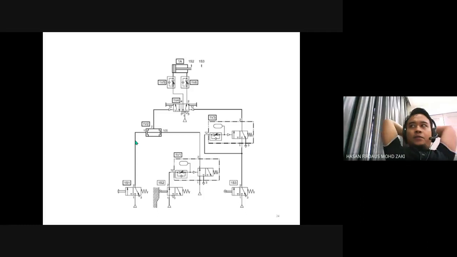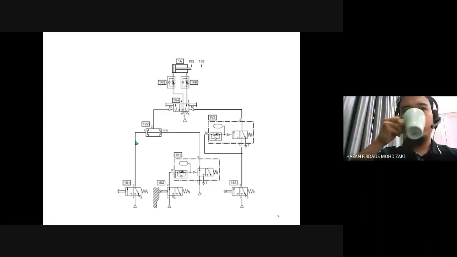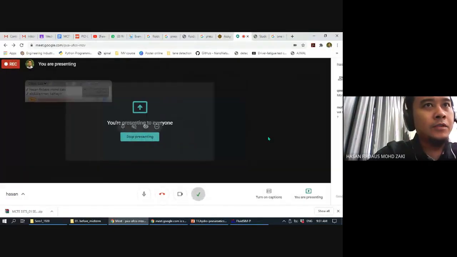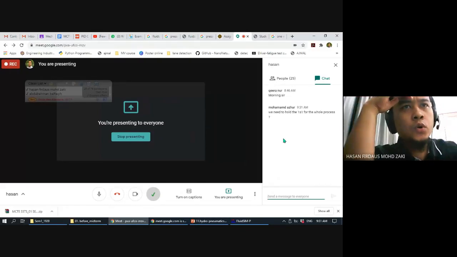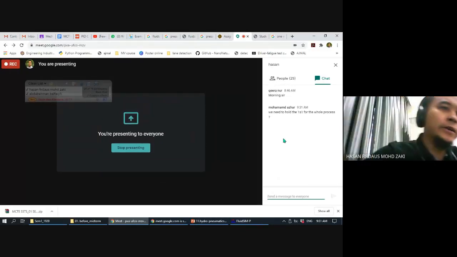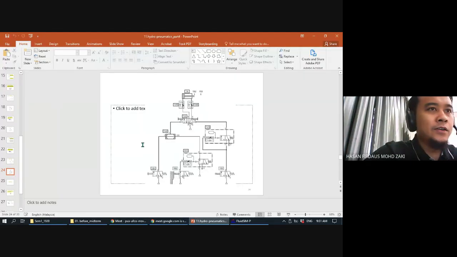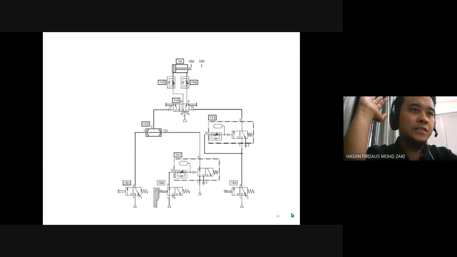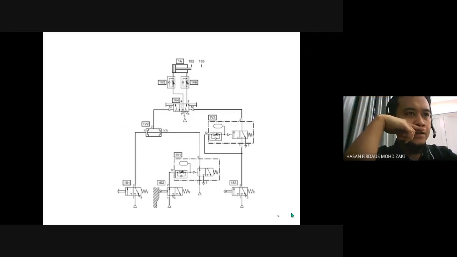All right. Any other questions? Let me check. There's a new message here. We need to hold the 1S1 for the whole process. Okay. Not exactly. All right. So because this one is push button, it acts as push button. So you push once and you release. Okay. Why do we need to hold the 1S1? I don't think we will need to hold 1S1